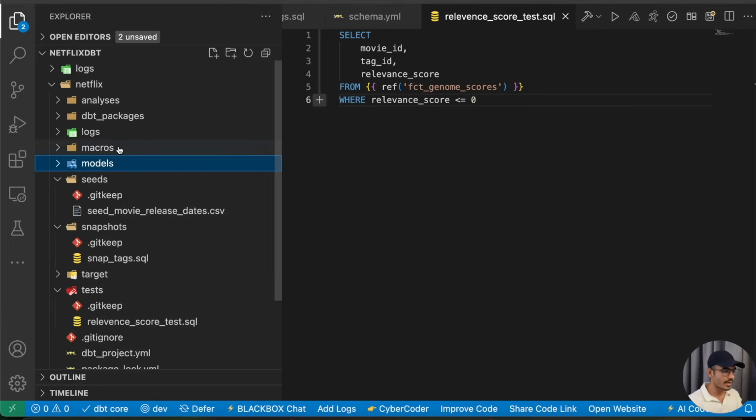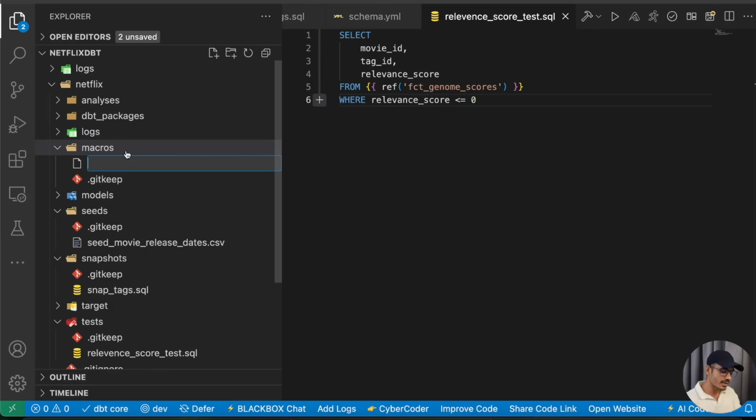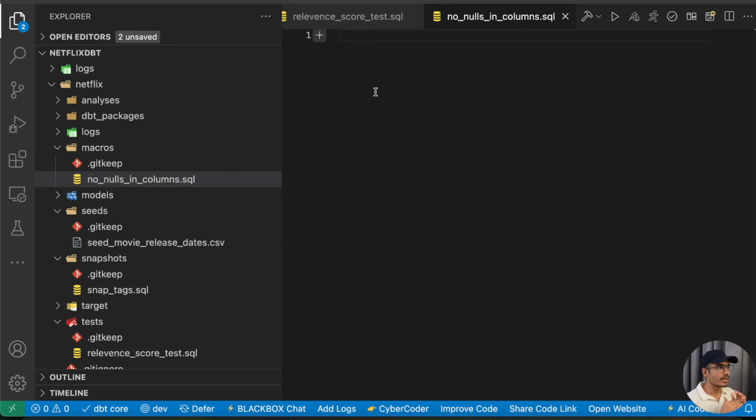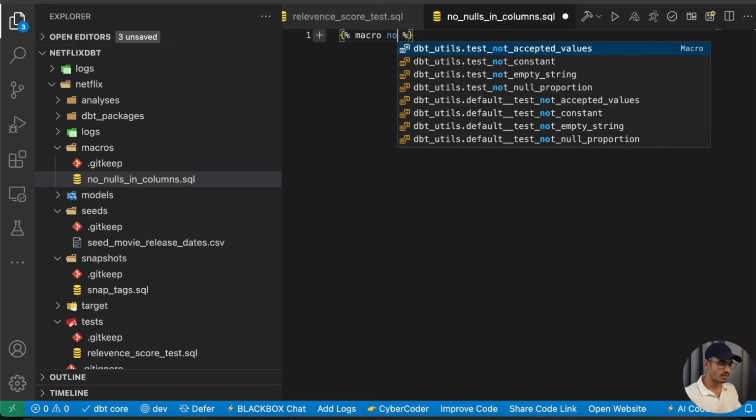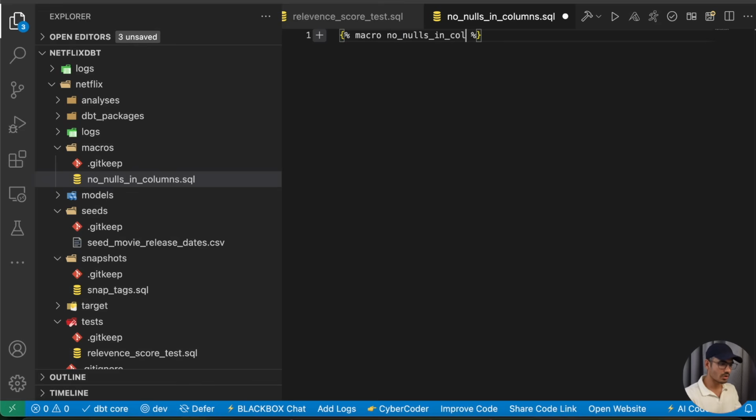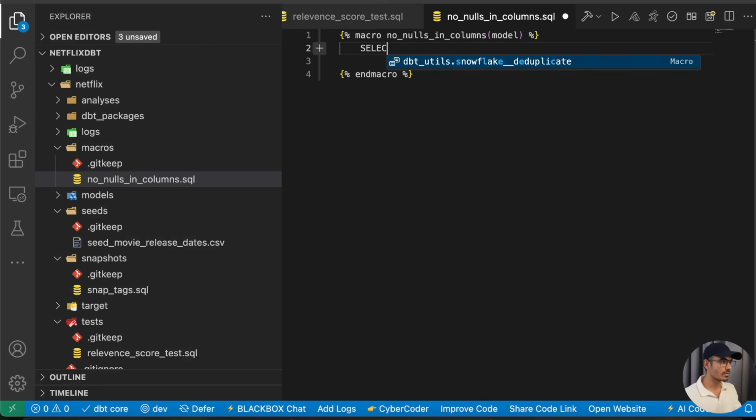How do you define macros? Right click on the macros folder, create a new file. Let's say we create no_nulls_in_columns.sql. I want to make sure that no nulls in the columns are available. Start with curly bracket percentage macro no_nulls_in_columns, and it will take an argument, the model that we pass, and here we will have percentage and macro. Then select star from model where